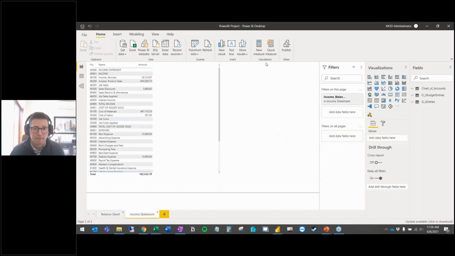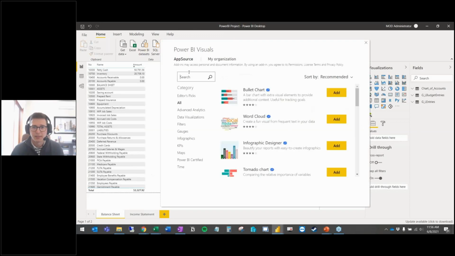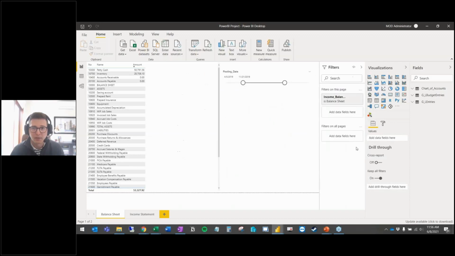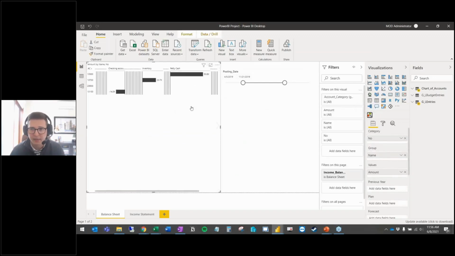And then let's see if I want to get something from AppSource here. Like I said, one that I've kept hearing about is this Zebra BI. Let's see if this will load. Yep, Zebra BI tables. Pull that in. Actually, I already have it here. So if I click on the Zebra BI visualization, I'll need to reformat this stuff, but